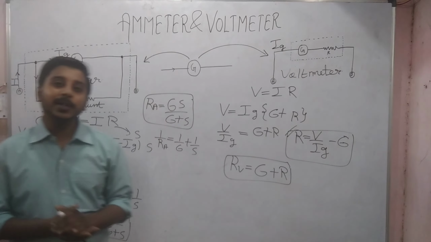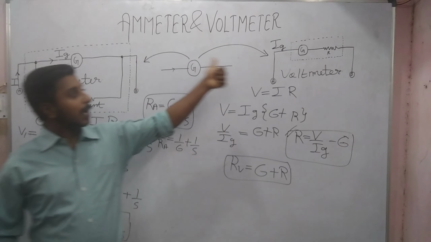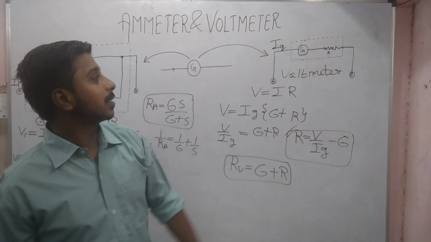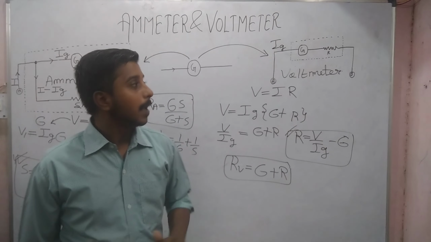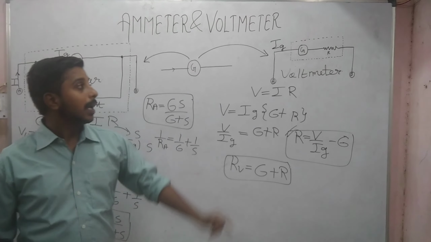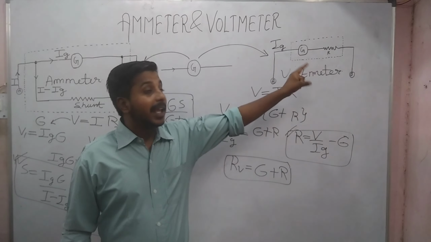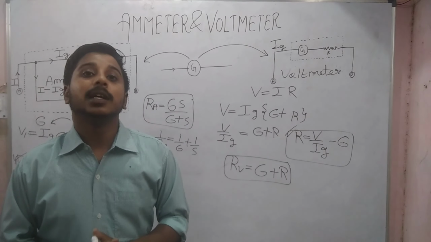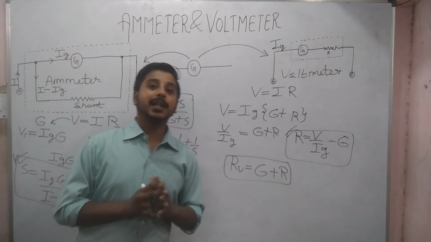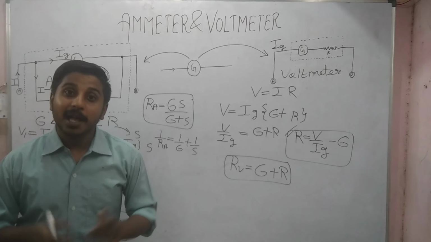Here also we need to remind a few points. The first thing is that galvanometer can be converted into voltmeter. How? By adding a large resistance in series. Second, it is used to find voltage or potential difference. Now the third thing, there the resistance was small, so ideal ammeter has zero resistance, and here since the resistance is very large, the ideal voltmeter has infinite resistance. And the voltmeter is connected in a circuit in parallel.